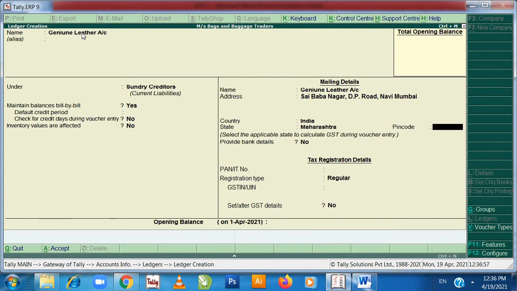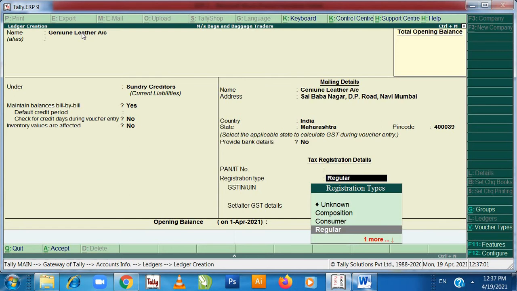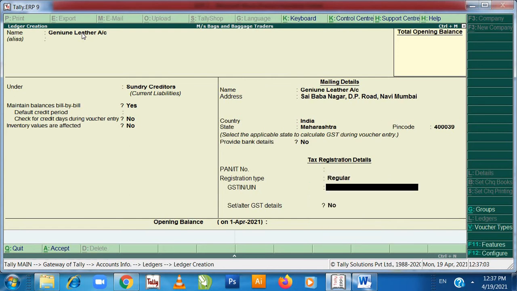The pin code number is 40039 and GST number is 27LMNOP5678V2Z2. Press enter.